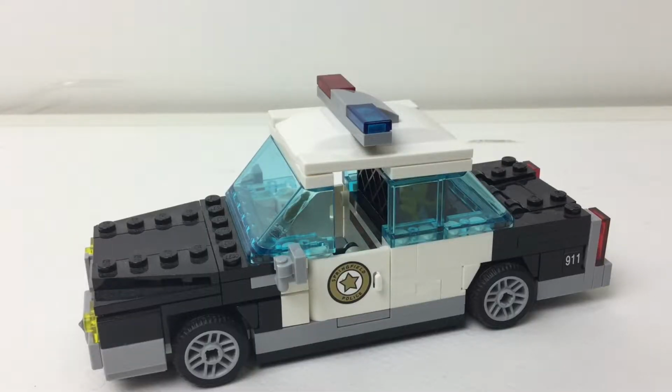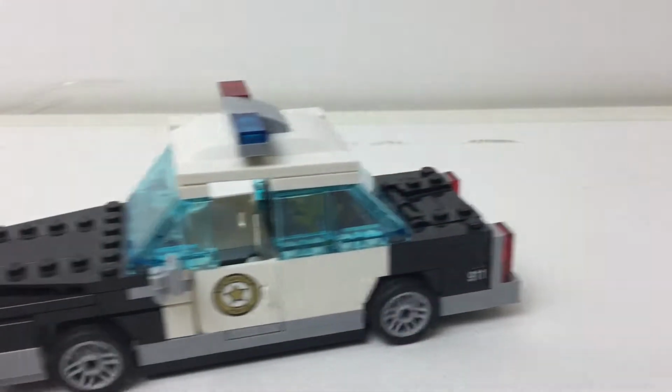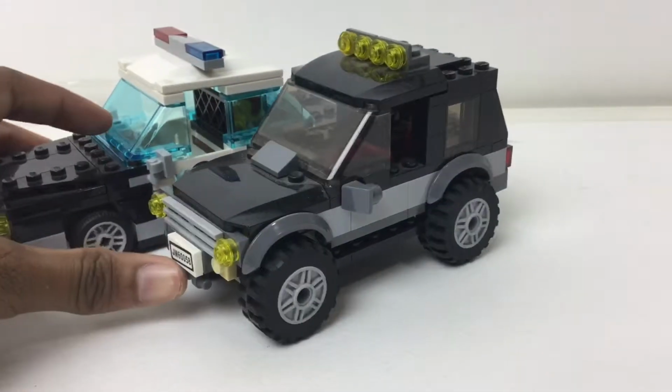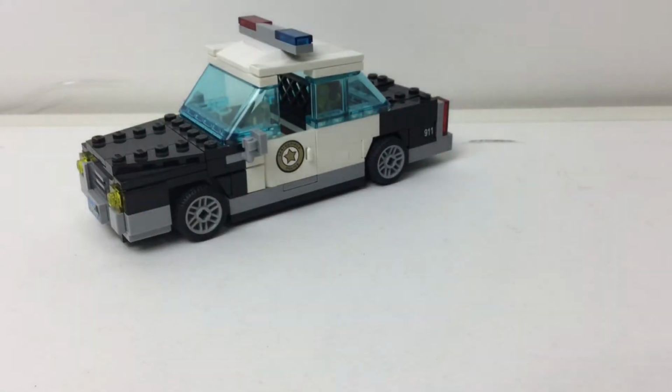Yep, we are still not done. Okay, so first, when I was looking at this in box and pictures, and I even saw a review of this, I really just thought it was small, right? So I was thinking this size, right? Maybe, could be, right? But it's not. It's way longer. Now, it doesn't look that much longer, but when you compare it to